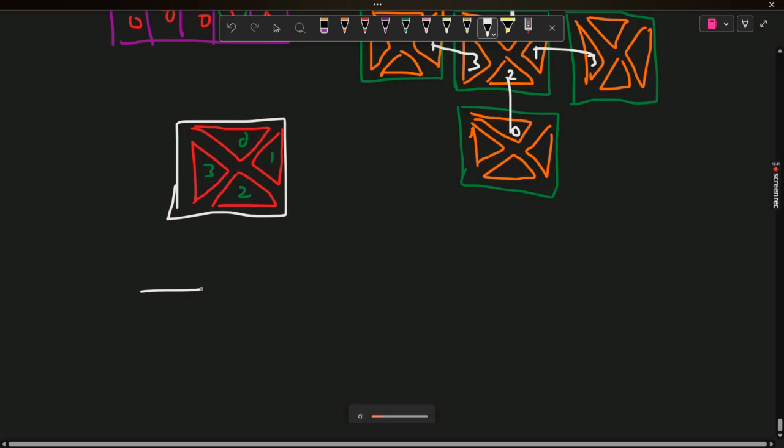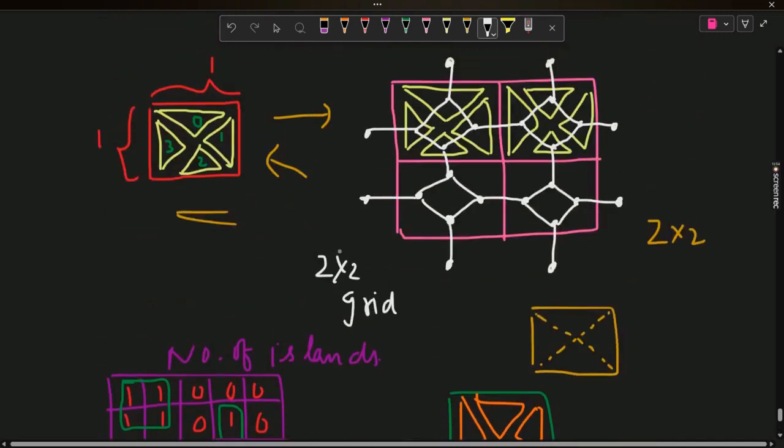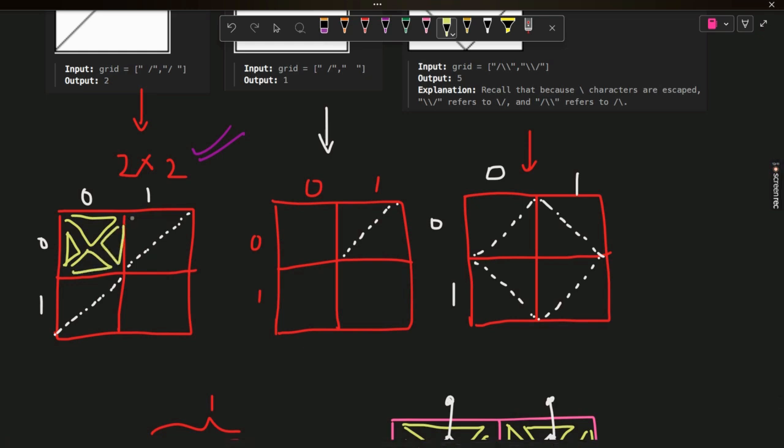So first of all, what I have to do is, after all these edges, I just have to calculate the connected components, right? As I can see like this. If I do a dry run on this test case, right? So